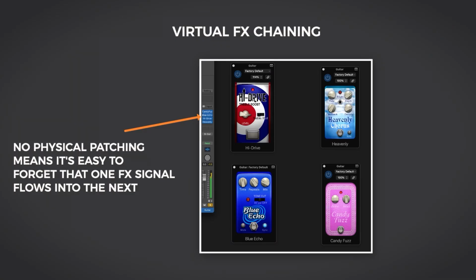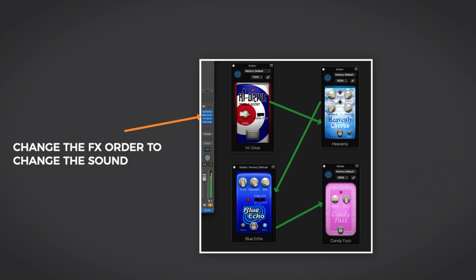When we're chaining plugin effects together, we don't have to make those physical connections ourselves, and we aren't always so lucky with metering either. Whereas some plugins might have a similar ladder of LEDs to show the current level, others don't, which means that we easily forget that one effect is flowing into the next in the same way. Try to think about chains of plugins as you would hardware effects units and vary input and output volumes, as there are often really interesting sonic differences when we experiment with those levels.